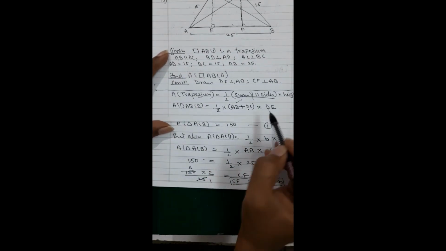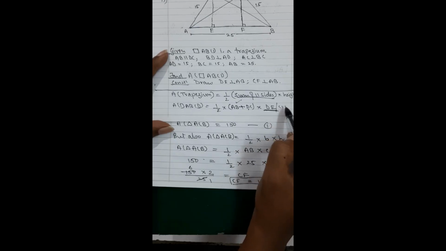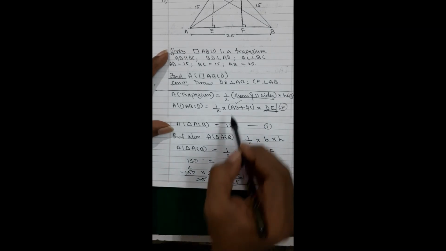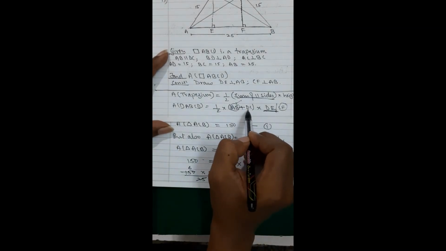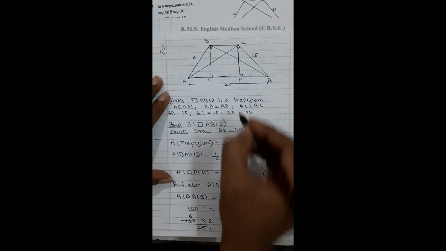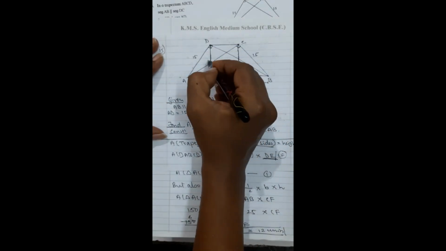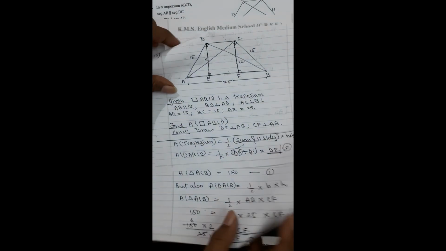Fine. So one I have got out of this. CF or DE, anything I can use. Okay, CF or DE, both are heights. So I have got CF, AB I have got. Now only problem is of DC. Are you getting, my dear students? I have got this CF is basically now 12. And you remember this, so DE also will be equal to 12. So you have to write this over here now.